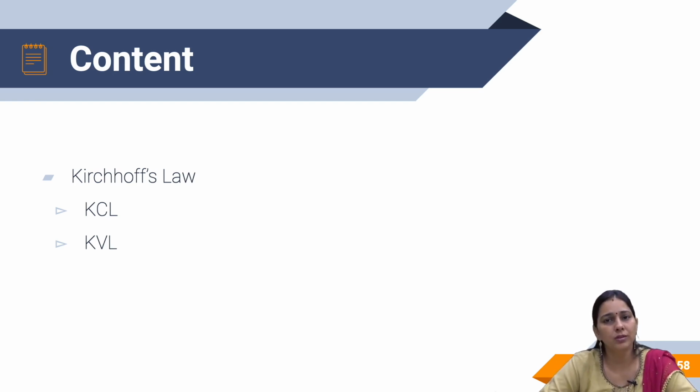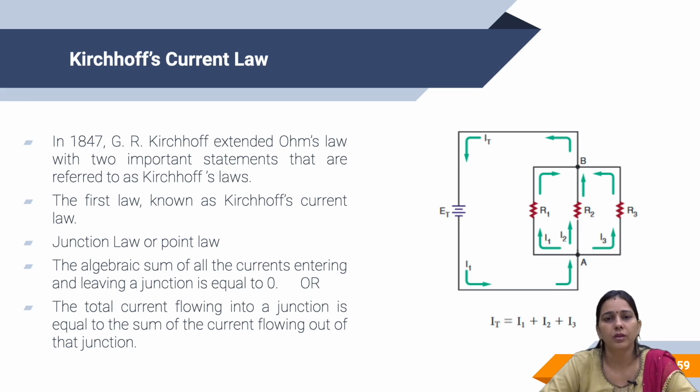First, let's look at Kirchhoff's current law. According to Kirchhoff's current law, the algebraic sum. When we are talking about algebraic sum, it means considering the sign convention as well. The algebraic sum of all the currents entering and leaving the node is zero. We can also define it as the total current flowing into the junction is equal to the total current flowing out of